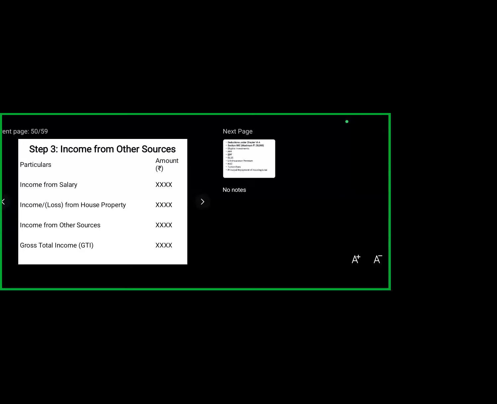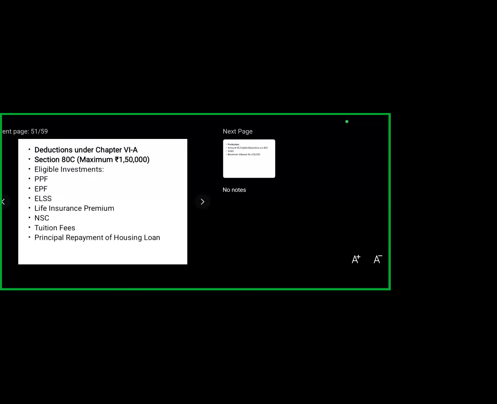Income from other sources, income from salary or loss from house property, income from other sources is taken directly as amount and gross total income is calculated. Deduction under section